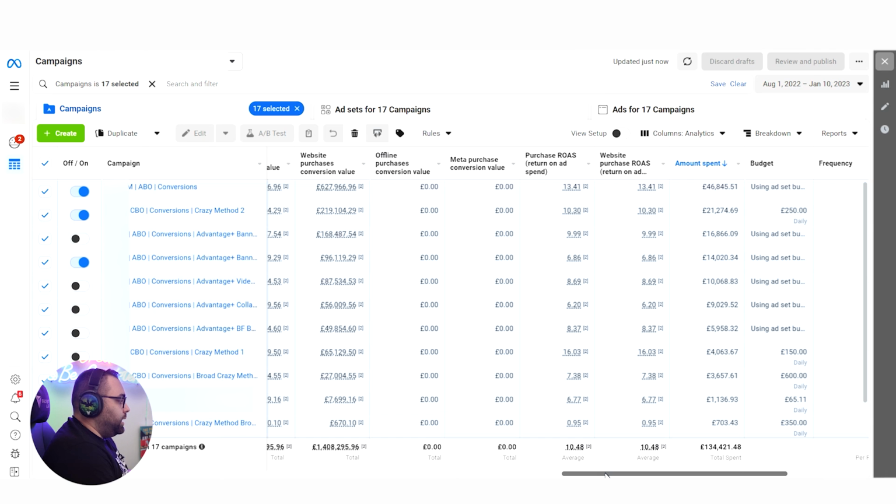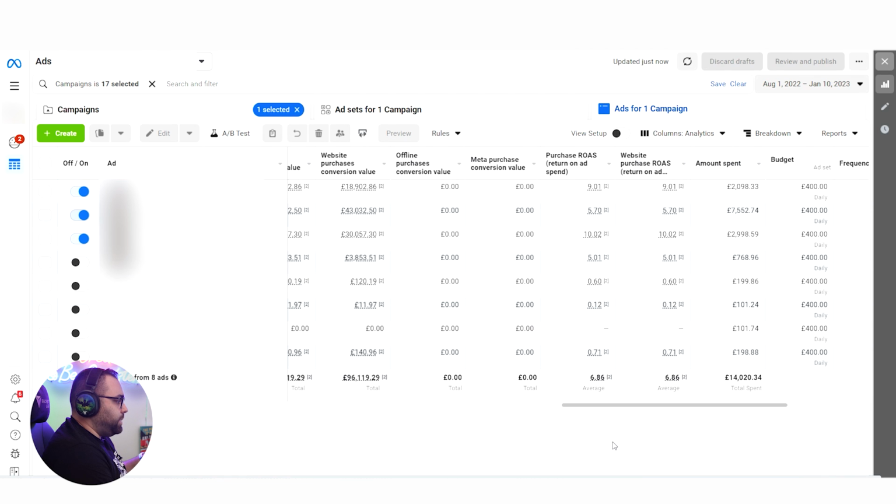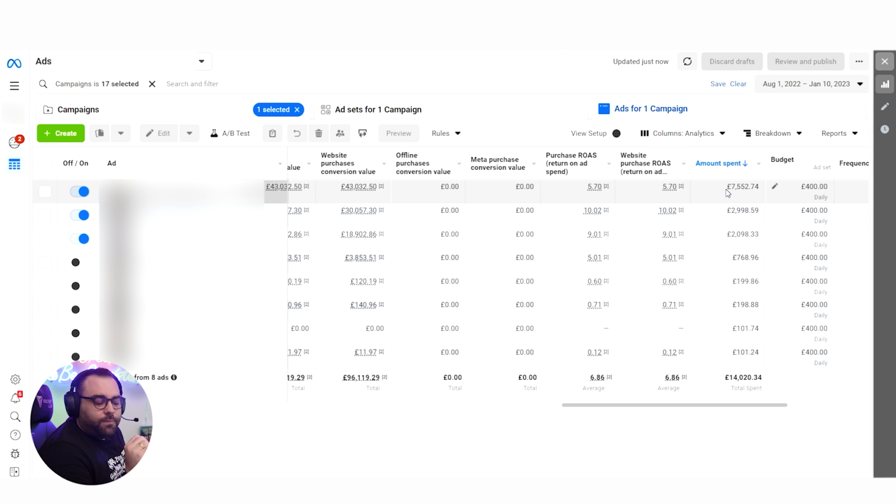Now, what we're going to mention here in Advantage Plus is this. Let's go inside an Advantage Plus campaign. We mentioned several times that in the Advantage Plus campaigns, and we can see it also here, for example, it's always the same situation, guys. We can see that there is one leading ad. Now, my theory behind that is this.